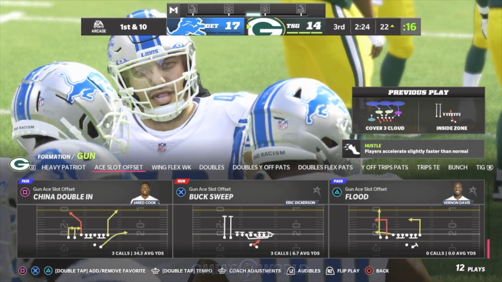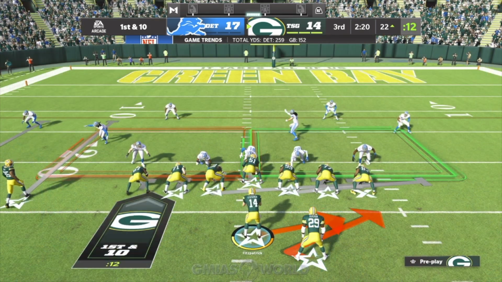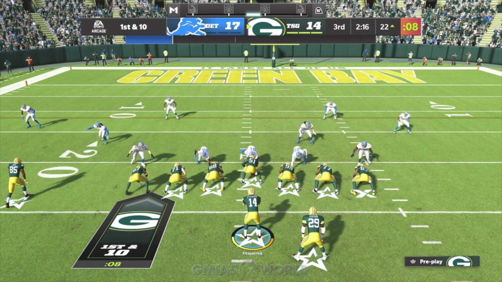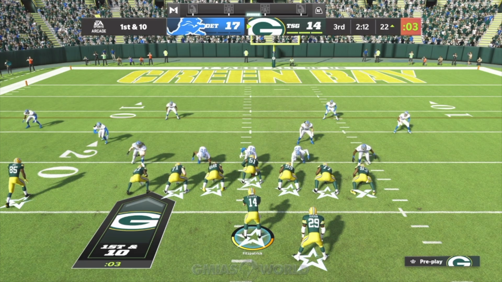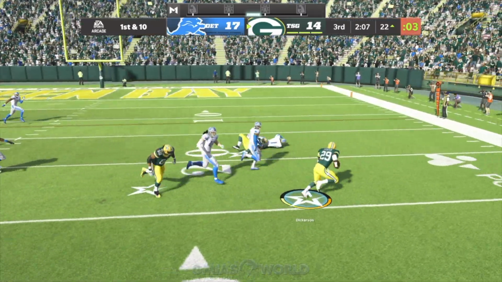So right here with the buck sweep. Buck sweep is very good because it's a change-up in case you get those guys that want to shift the D-line to that side. All right, so if you get somebody that wants to shift their D-line, which most people will, when you start running inside zone, you're going to start hitting them with the buck sweep. Now, the buck sweep is pretty good if you have,